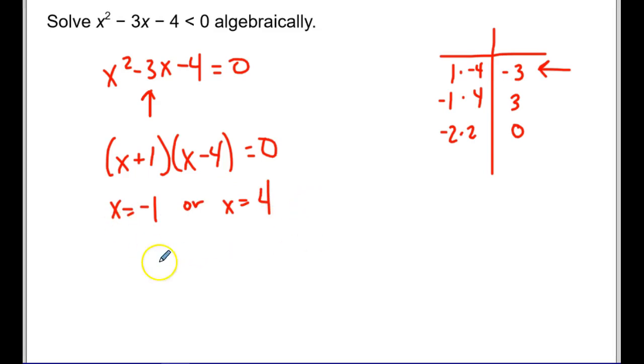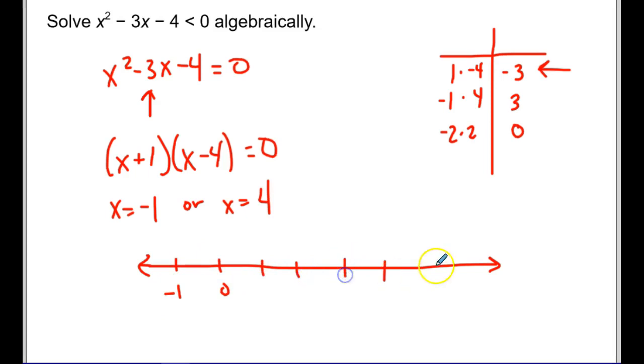So now I have these two solutions, but I have to actually continue to solve it. To do that, I go ahead and draw my number line. Here, we're going to start with negative 1. So there's 0, 1, 2, 3, 4, 5. First thing I know is that I'm going to have an open dot on both my -1 and